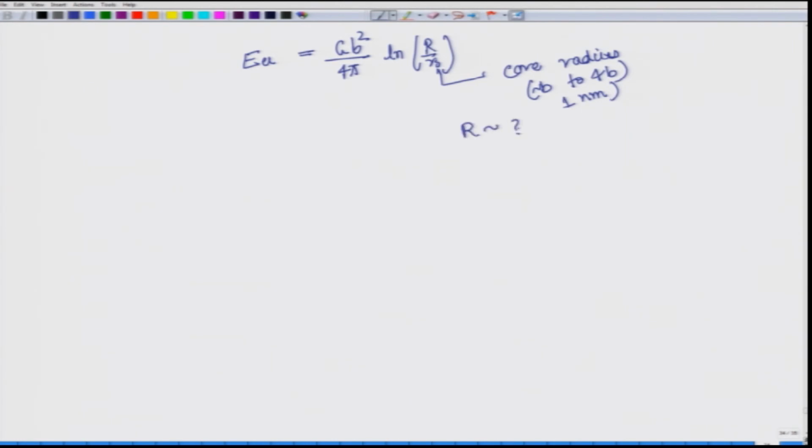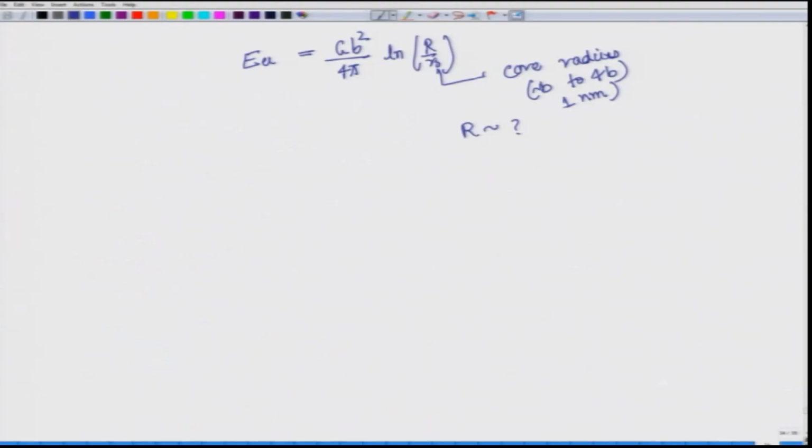What should we take the value of the uppercase r, which is the outer limit up to which we should calculate the elastic strain energy. Yes, it is true that the elastic strain energy component becomes smaller and smaller as we keep increasing radius r, the uppercase r, but there should still be some way to say what this r is, and a simple solution for that is to take r as the grain size, basically d by 2. If the grain diameter is d, then r will be equal to d by 2. So, that also solves the problem. Now, we know both the parameters over here, r and r naught.